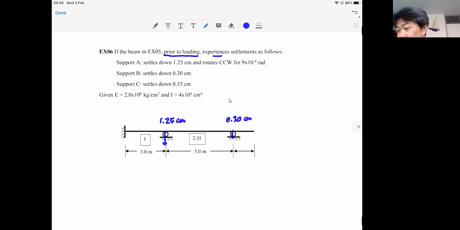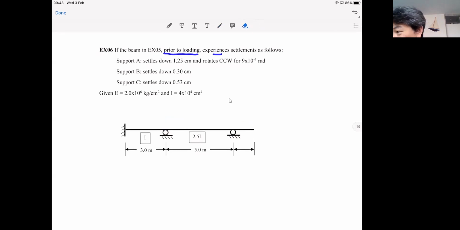Oops, I'm sorry, I just put it on the wrong support. Let's begin again, my bad. Support A should be this one. Support A here comes down 1.25 centimeters. Support B comes down 0.3. And support C comes down, crazy number,